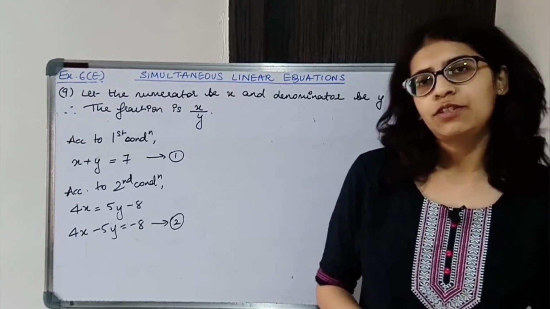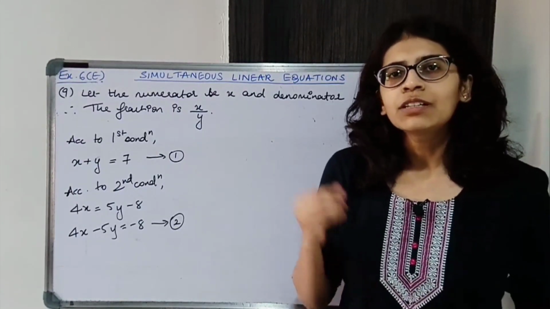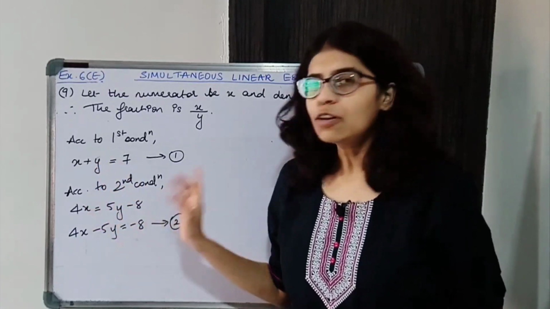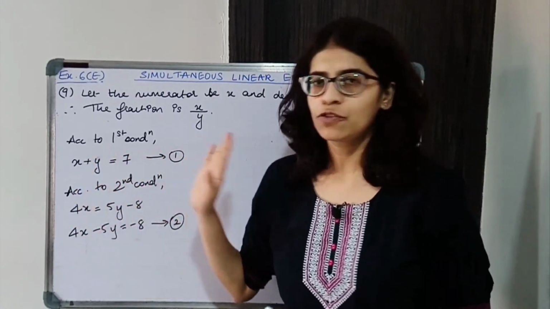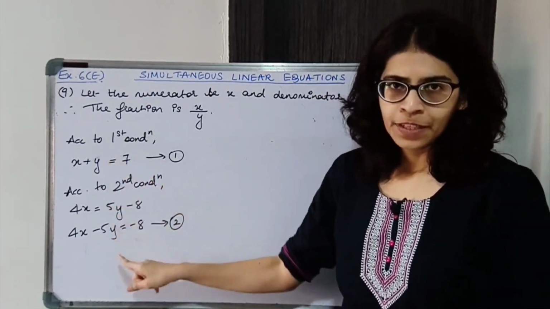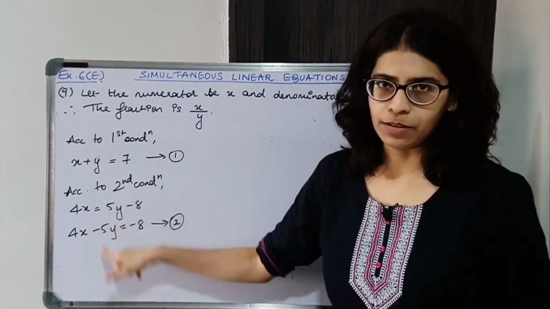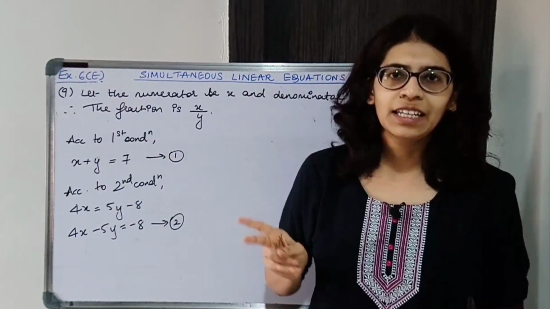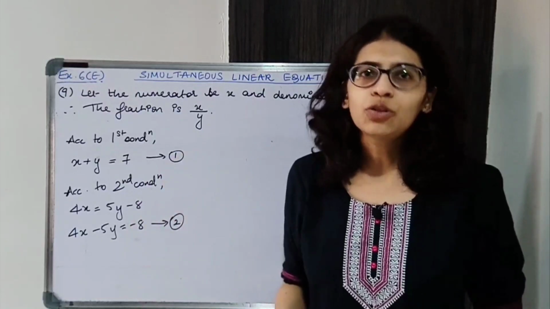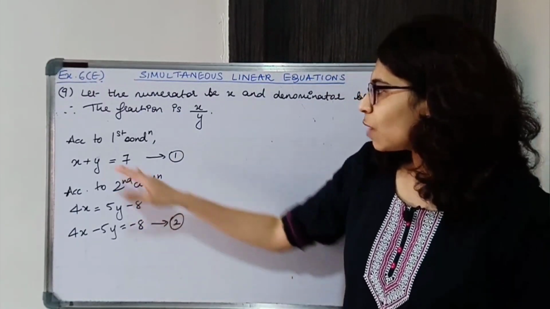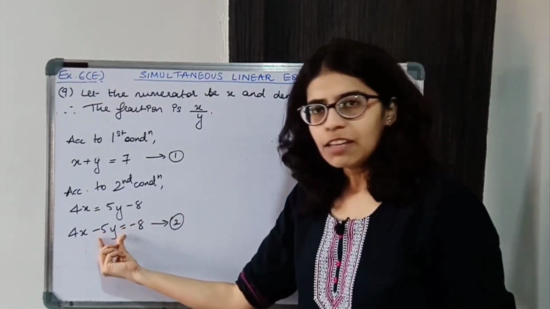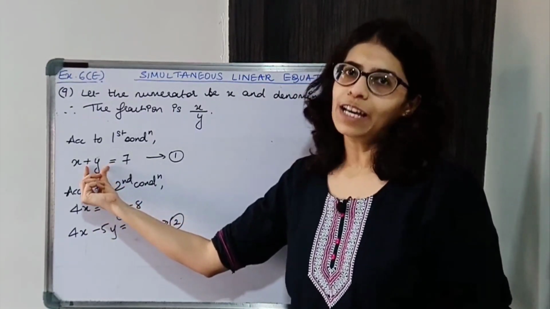Now we need to solve the two equations. We'll solve using the method of equating coefficients. That is, either make the coefficient of y same or make the coefficient of x same. Okay, I'll make coefficient of y same because y has opposite signs over here. Whenever there are opposite signs, you can easily cancel out the variables by just adding the two equations. So I just need to add the two equations. But firstly, here there is 5y, so I need to make this also 5y.